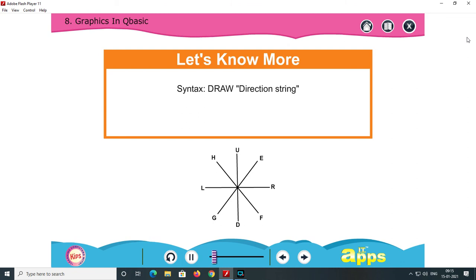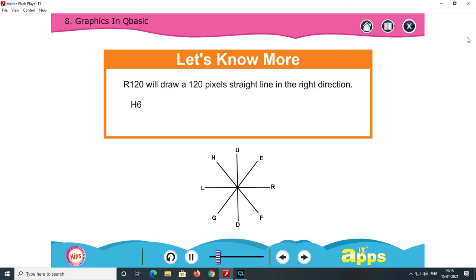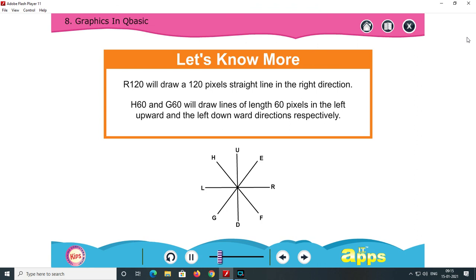CLS, PSET (80, 80), DRAW "R120 H60 G60". R120 will draw a 120 pixel straight line in the right direction. H60 and G60 will draw lines of length 60 pixels in the left upward and the left downward directions respectively.